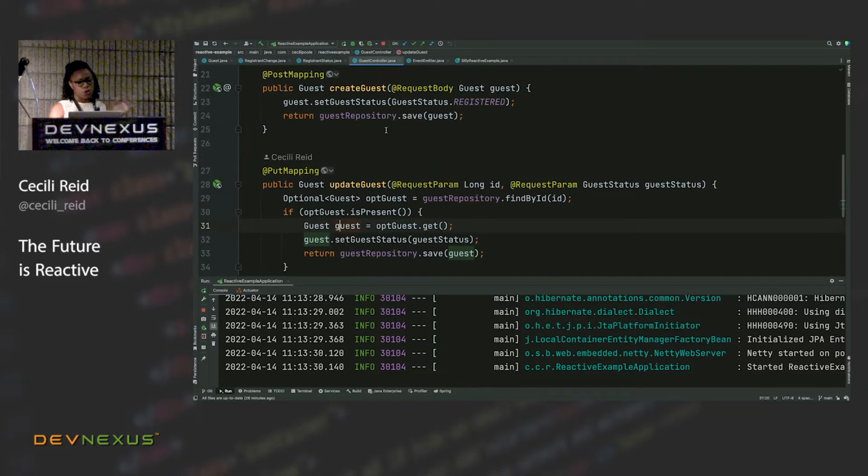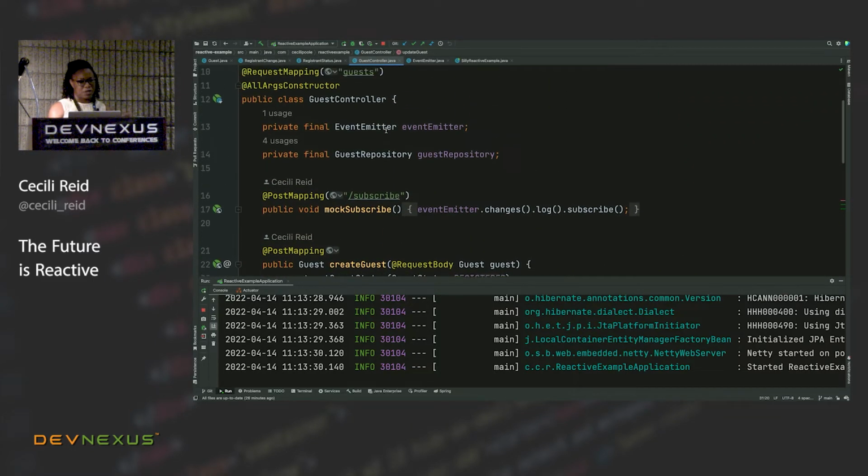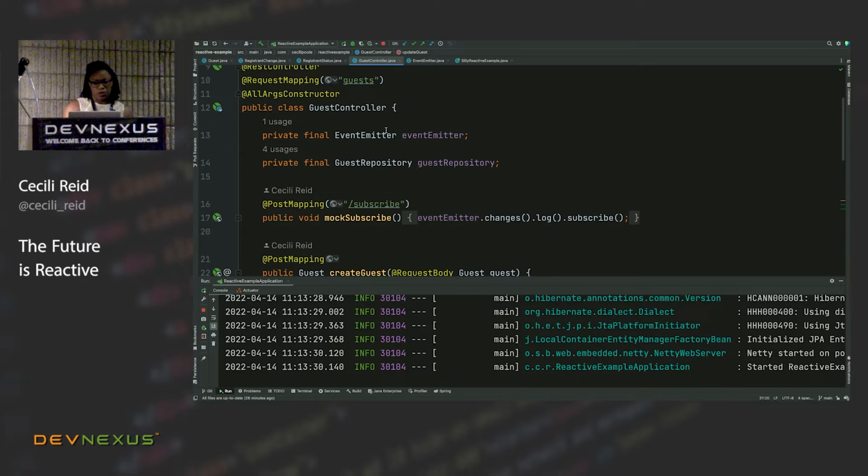So I have a controller. Like I said, this is a Spring Boot app. So I just threw together a simple controller that has a create, update, and post endpoint to manage my guests. One other thing is that I have this subscribe here to mimic one of our downstream subscribers. On line 17, we'll talk about the event emitter in more detail.